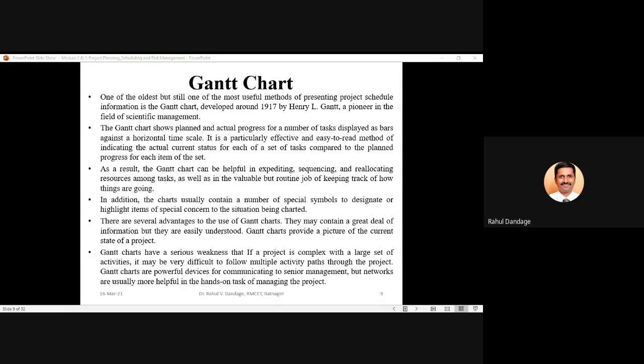So when your project is simple, without much complexity and with a limited number of activities, you can have the Gantt chart in place and monitor the progress of your project. But when there are a number of activities and the project is complex, then instead of a Gantt chart, people prefer to go for networks and monitor the project through network analysis.